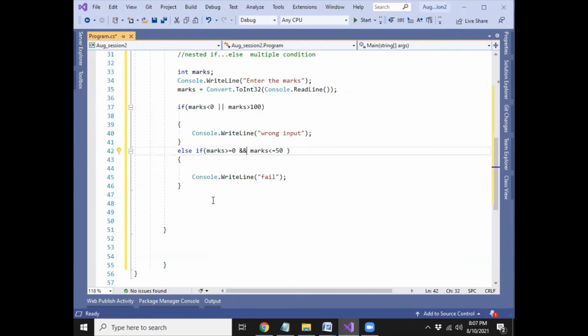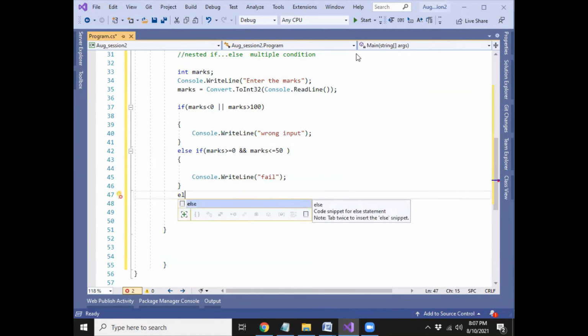Yes. And if the input is say 55, so it wouldn't match either of those. I will write some more conditions, just wait for it. Okay, so again I